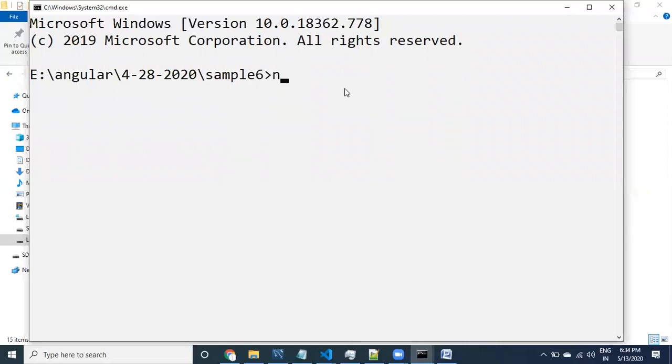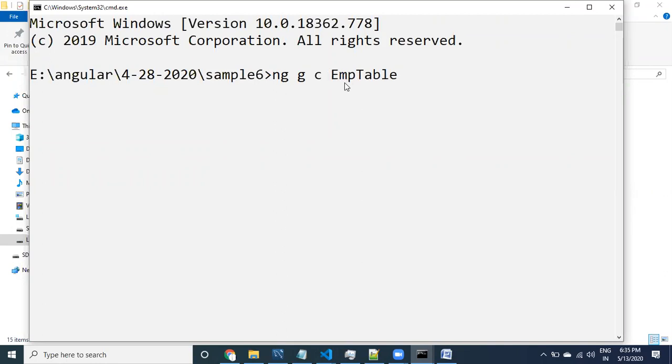I'm going to issue the command ng generate. For generate, you can use just g, and for component, just c. This is the shortcut. The component name is employee-table, or emp table.